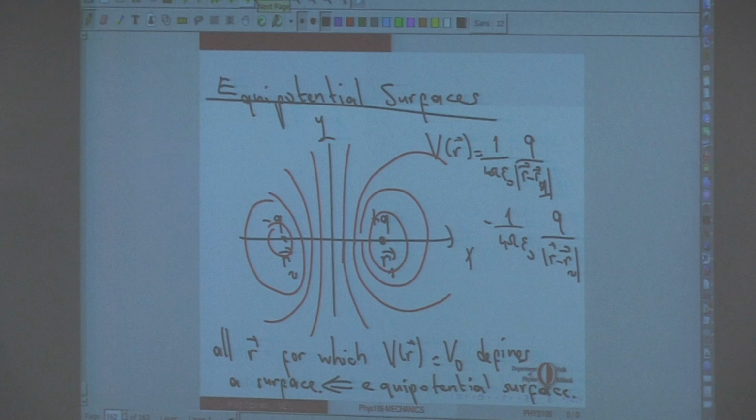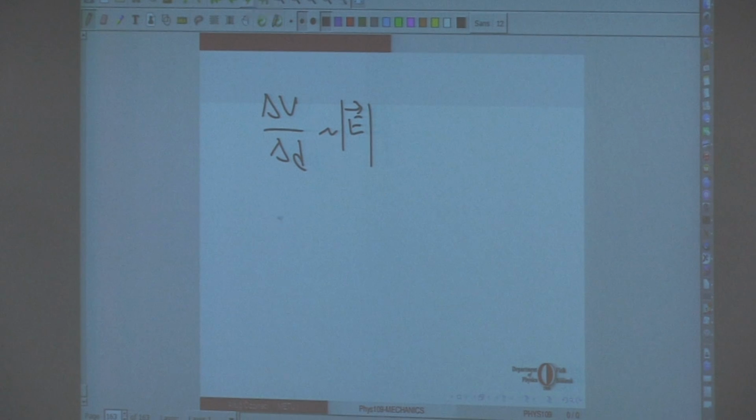Again, the equipotential surfaces carry the same information, just a different way of showing it. The density is again proportional to the electric field's magnitude. And the only thing left is how do we determine the direction. But the direction of the electric field you can determine from the definition of the potential difference. So if you remember how we define the potential difference